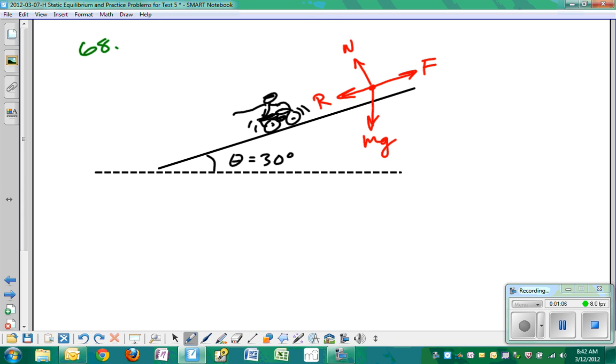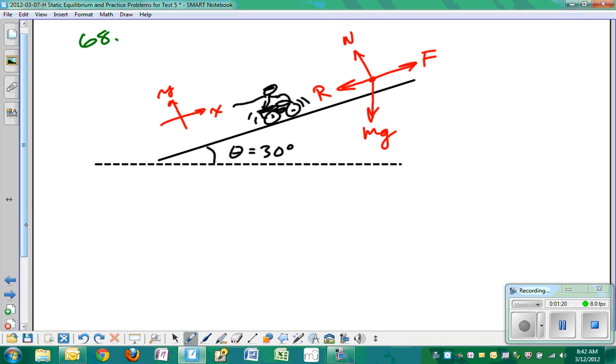What's difficult about this? Not difficult, but why do they bother giving this problem? This is X and Y. We're rotating our coordinate axis system. Okay? What else do we have acting on it? Well, that's all we have acting on it, but we need to figure out what's acting in the X direction,